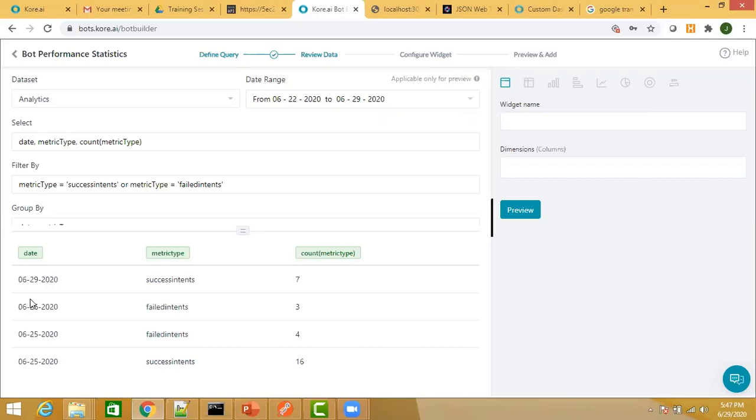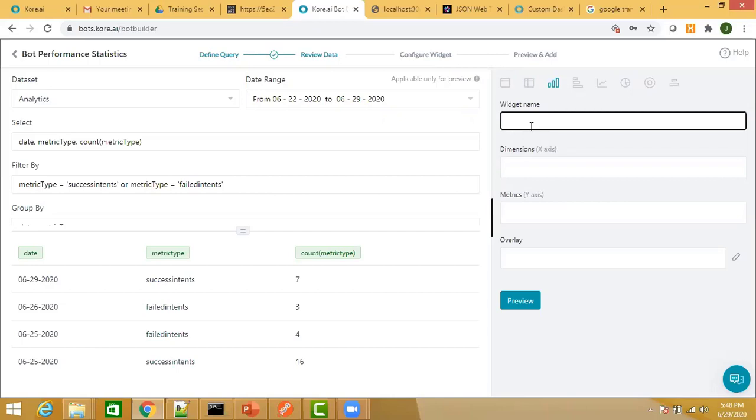Now, once you have your data set ready, so this is my data to be displayed in the widget. Once you have that ready, now come here on the right hand side and configure your widget. So when you're configuring a widget, you need to say what template you want to apply. So there are several templates which are available here. You can see a table chart, you can see a pivot chart, you can see bar, you can see horizontal bar, you can see line chart, you can see pie chart, and so on. So I'm going to use, let's say, the line chart over here. So I select that, give a name to your widget.